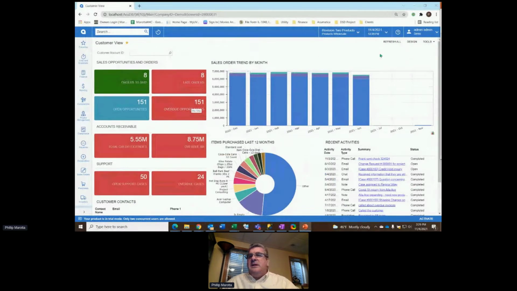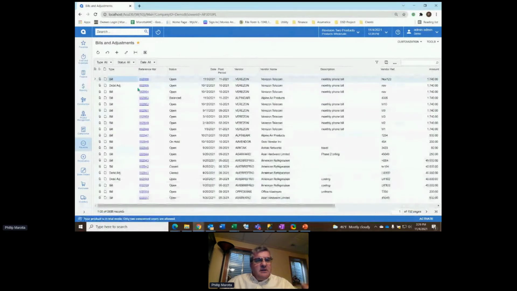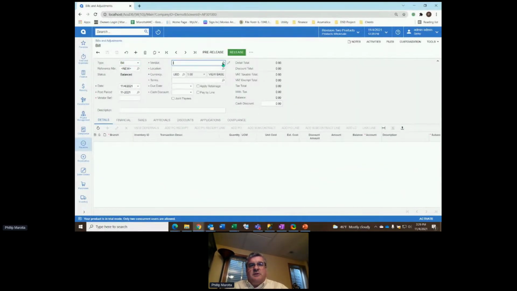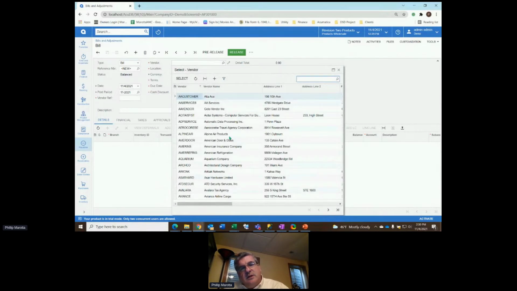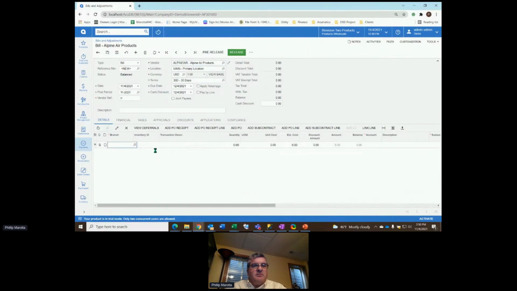All right, so I'm in the Acumatica demo company, and I wanted to just kind of walk through the bills and adjustments, and we'll do a new one. And I'll pull up a vendor, and the one we're going to use is Alpine. And as I tab through and put in some information here, hit the little plus bar,